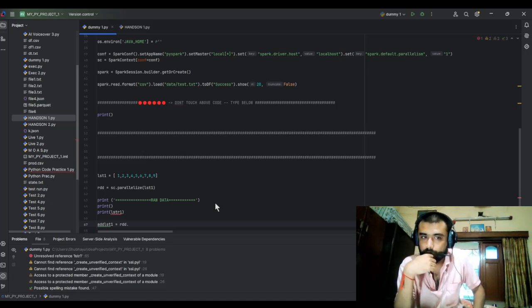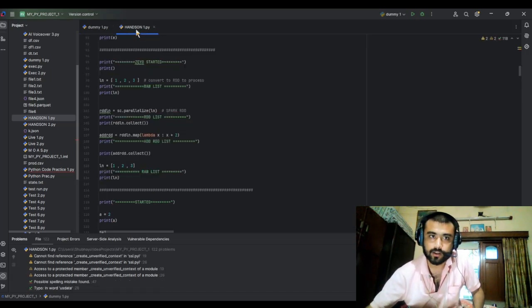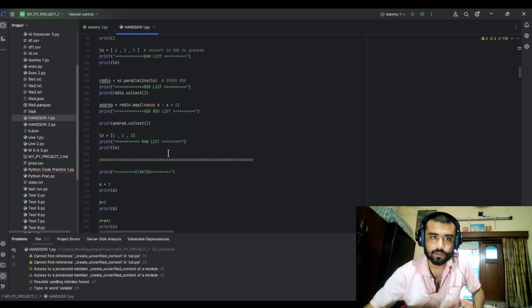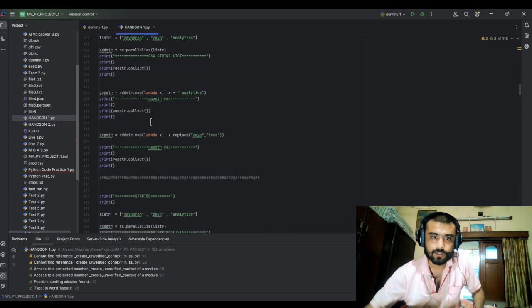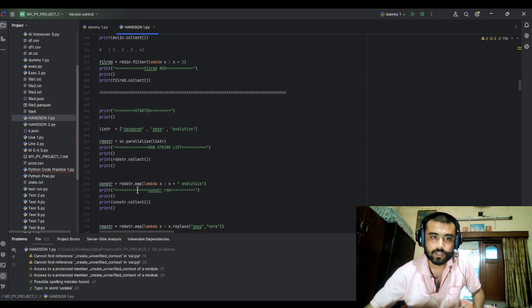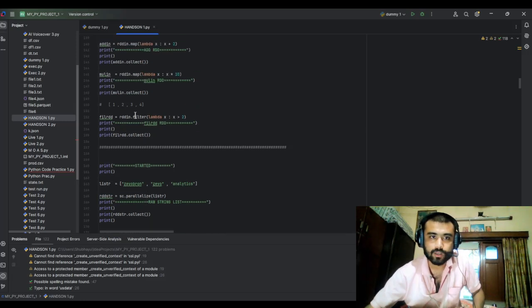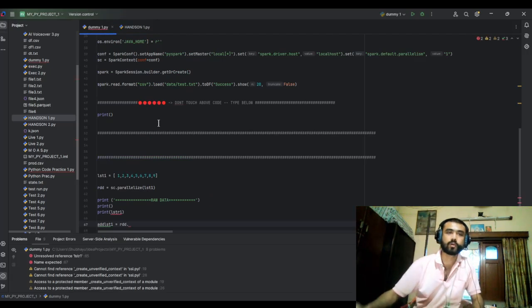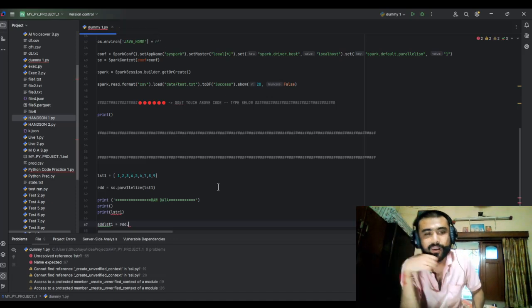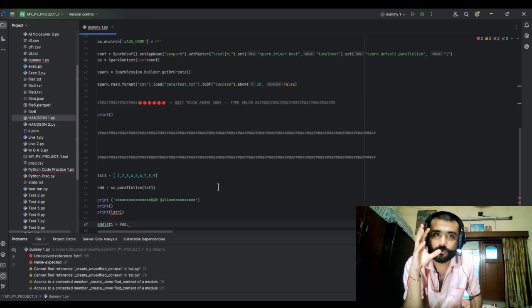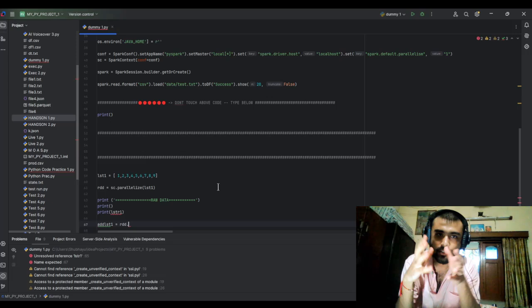The first one is map, and there is another reference code. Let me show you, so that you can see. What you can see, there is map and there is filter. One is filter, the other is map. Let me remove this one, otherwise you will get confused. So what is map? Map refers to the operations in which